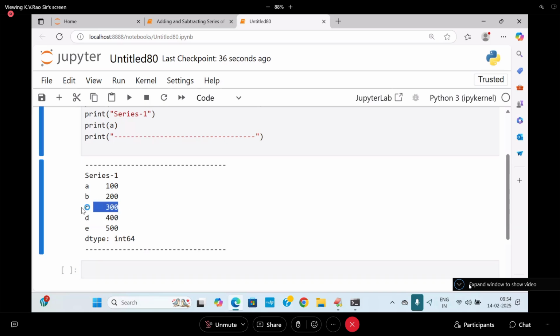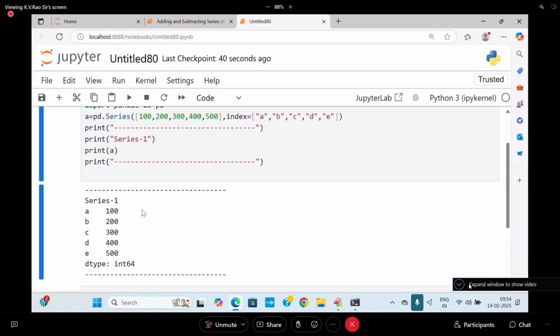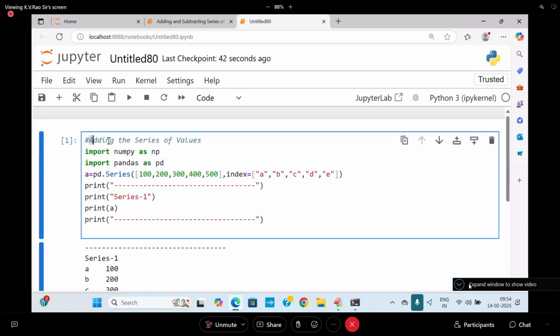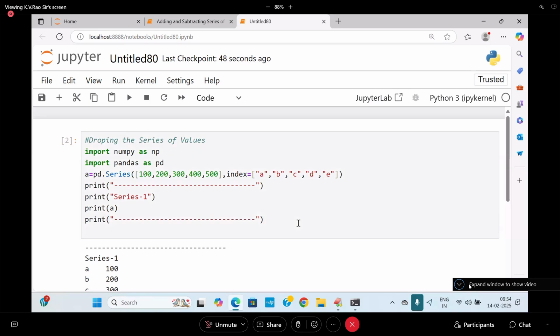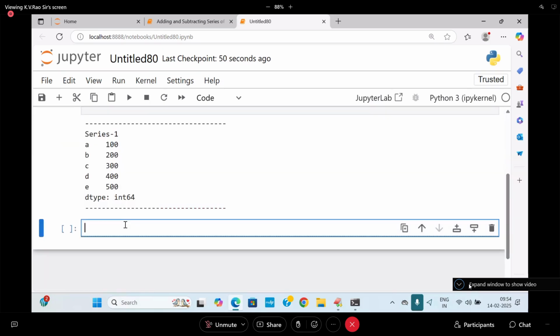So I want to remove which entry? The entry called C. C entry I want to remove. So which one do I want to go for? To drop, dropping the series of values. So for that I need to go for it. To drop any value, to drop the value from series,